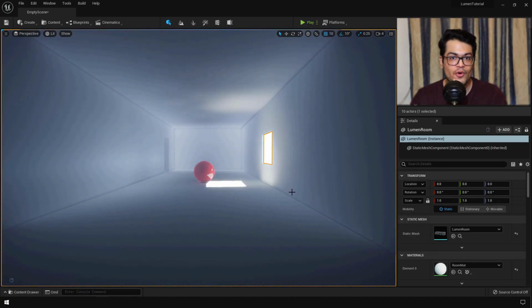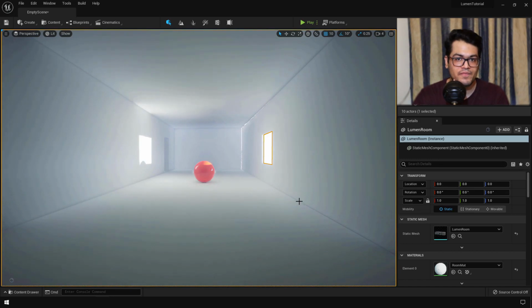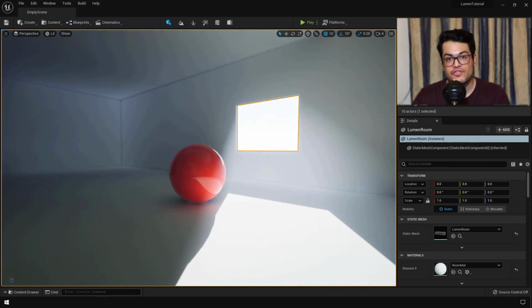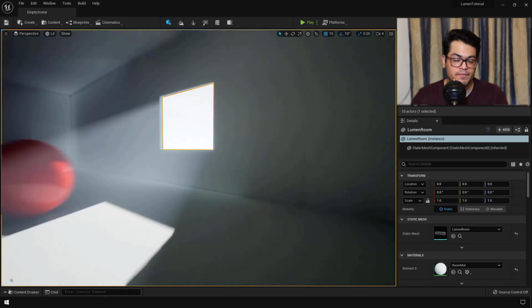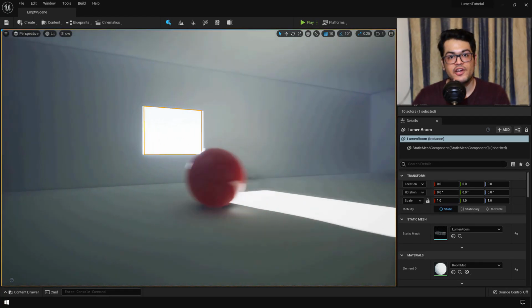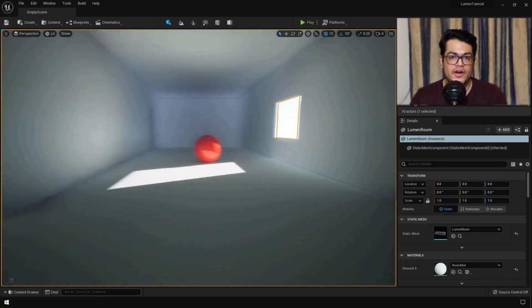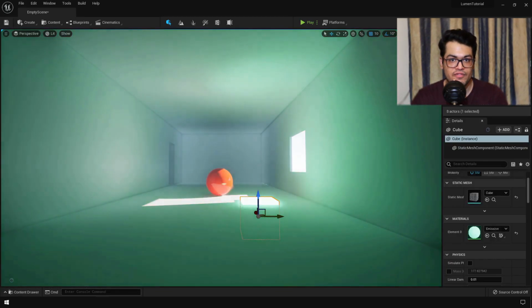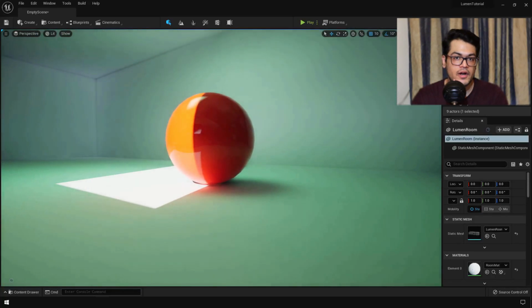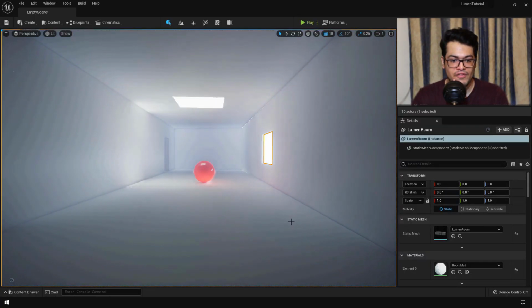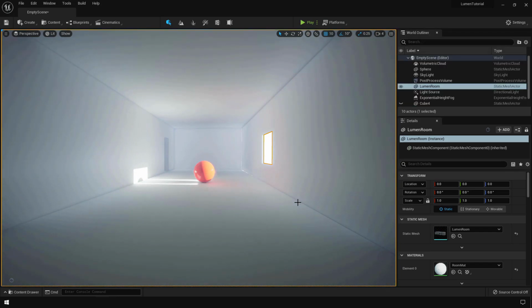For those who don't know what Lumen is, I'm going to give a very quick explanation. You can think of it as a render engine which is responsible for reflections and for lighting. We previously had screen space reflections and screen space global illumination. We also had reflections using ray tracing. But now Lumen replaces all of that stuff. Lumen will give you real-time reflections, and by using Lumen you will also get real-time bounce lighting. So you will get all of that global illumination in real time.